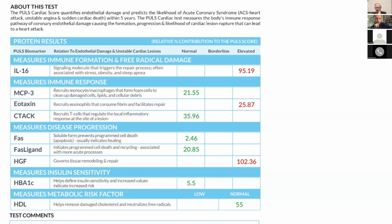HGF is usually cardioprotective. However, if it's above a certain level, 1,011 picograms per milliliter, it increases your stroke risk by 3 times, and there'll be a comment down below that will highlight that for you. It's automatic, okay? So you don't have to worry about analyzing it. But everything else looks pretty good here. Now, if you go to the 3rd page,